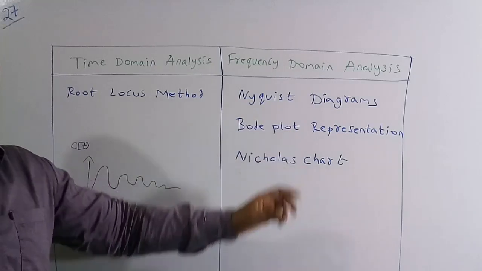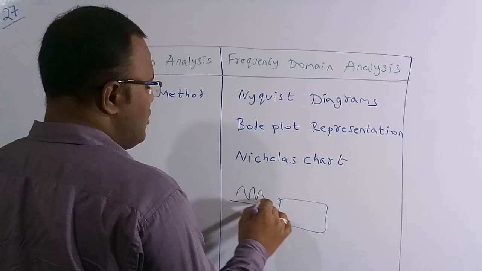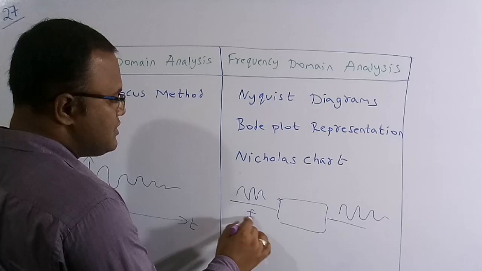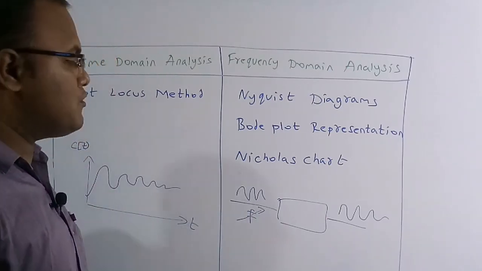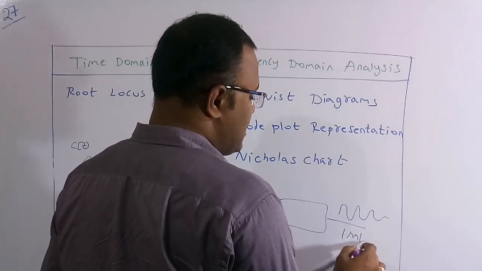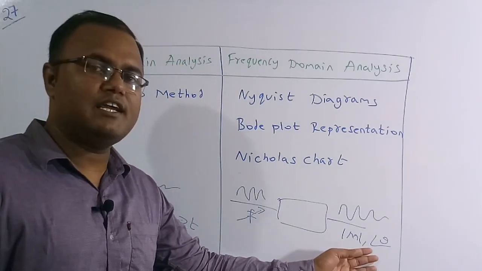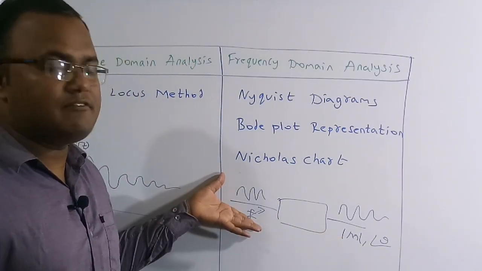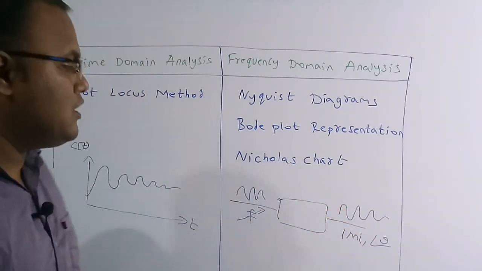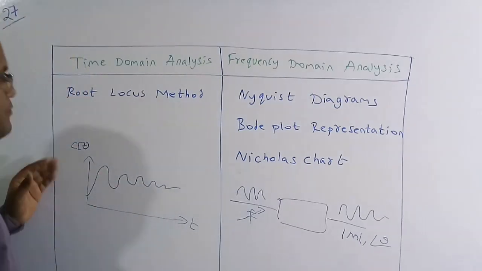But in a frequency domain analysis, for any system we give a sinusoidal input, then we see what the nature of the output is. What is the response? If you vary the range of the input frequency, then what is the nature of the output, what is the magnitude of the output, and also its phase angle, we need to figure out. So with respect to magnitude and phase angle we can relate. By changing the frequency of the input, we figure out the variations in the magnitude and also the phase angle. For a few systems we can easily figure out the transfer function with the help of the response.